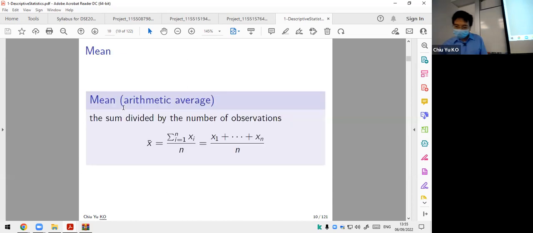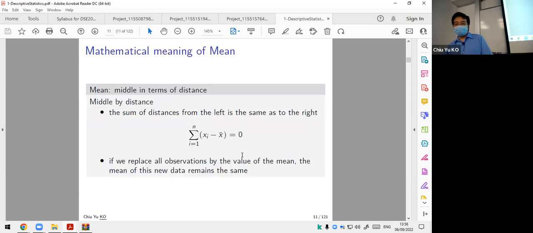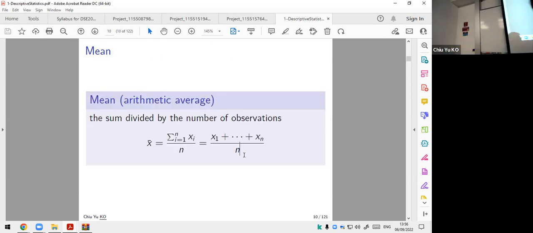Now, I hope every preparation up until now has been done in your high school. So we start the real thing here. We start with the definition of mean. Mean is nothing but, everyone knows, the arithmetic average, a technical term. It means that you add up every single observation. It's a fraction: the numerator is adding up all the numbers you have, divided by how many of them, n. Everybody knows it. I'm not going to go into detail, but you may ask, what does it actually mean? Why is adding up everything divided by n actually a measure of the middle?